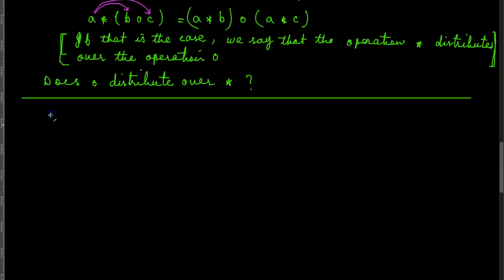So to show that star is commutative but not associative,